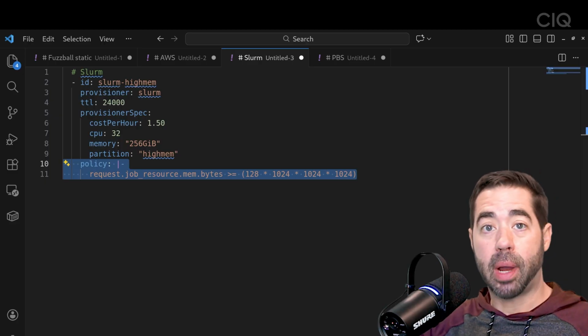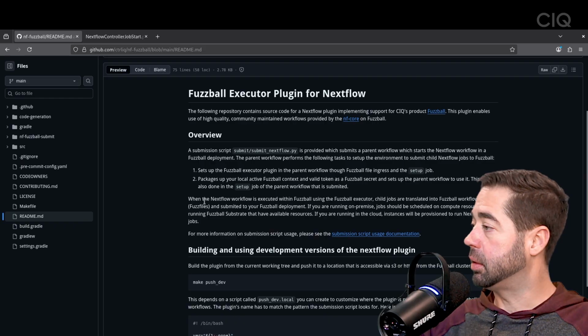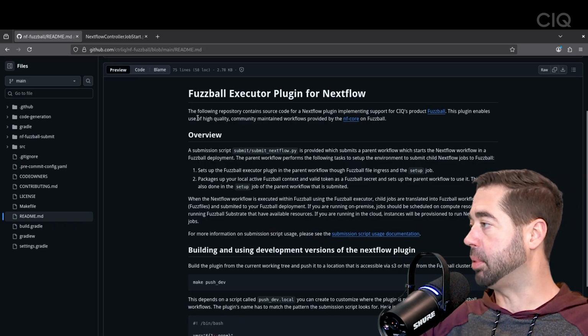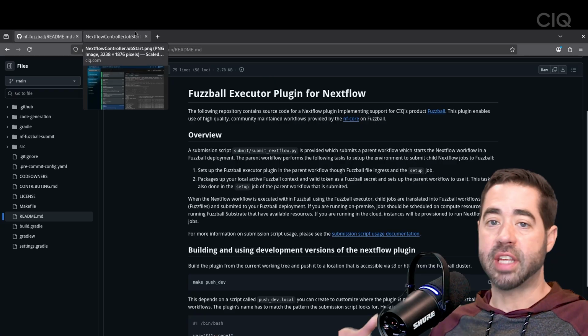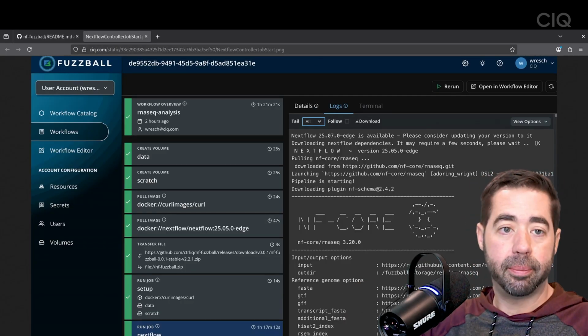Need to run Nextflow pipelines? CIQ has a plugin allowing you to execute Nextflow pipelines directly on Fuzzball the same way that you would point them to an AWS or a Slurm backend. Fuzzball also integrates seamlessly with tools like OCI image registries, object stores, as well as HPC-specific tools like MPI, GPUs,